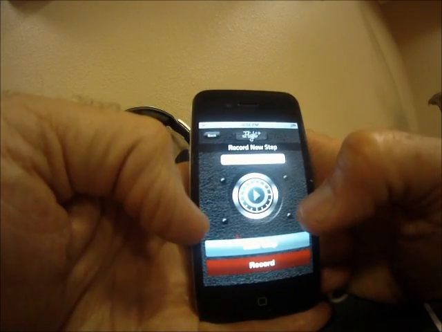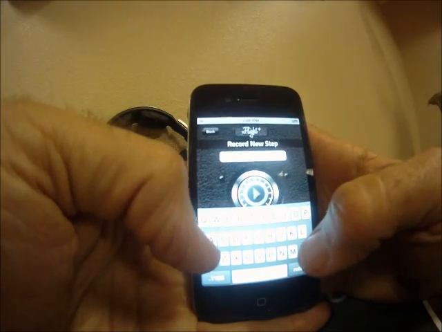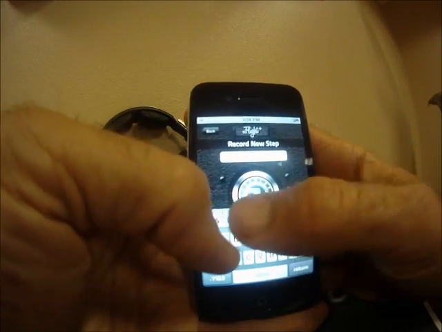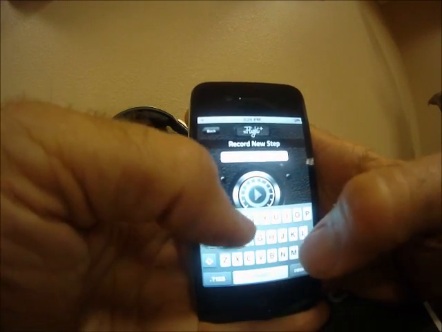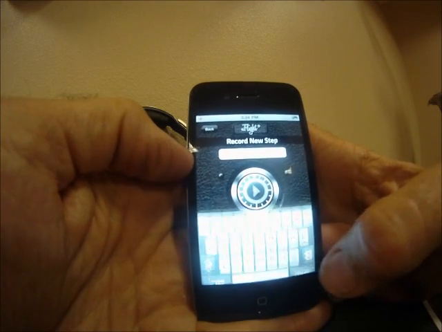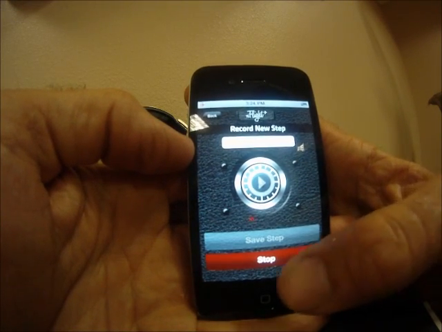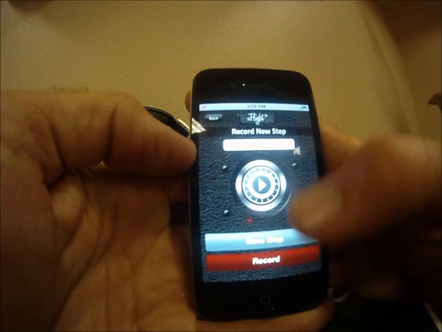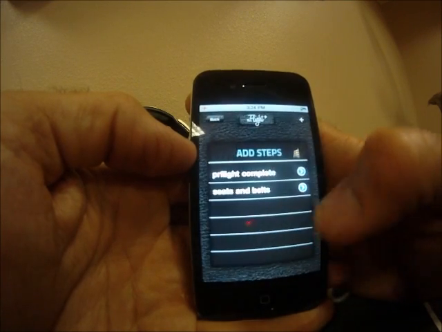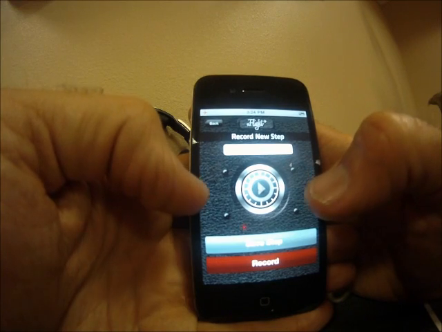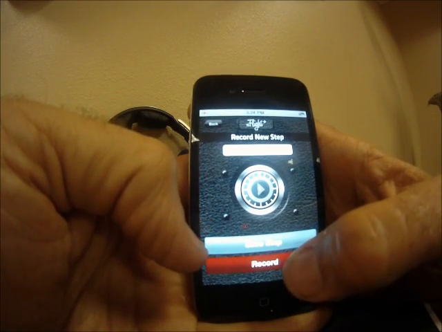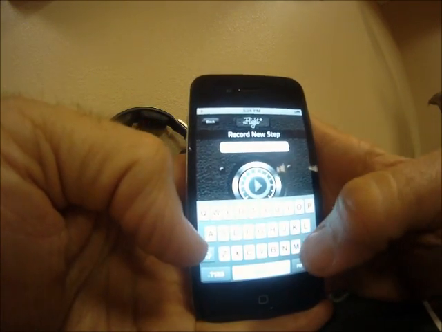So let's make another step in here, and we'll call that seats and belts. Alright, we're going to record it. Seats and seat belts secure. Hit stop. I'm not going to listen to this one this time, so I'll just save it. And then we're going to check the Hobbs and tachs. So we'll call this one